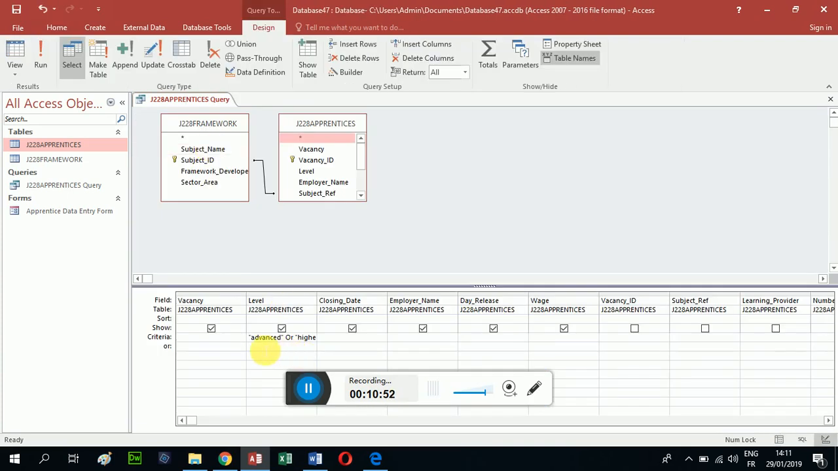Okay, and now if I go back into Design View, look what happens. All right, I just typed in advanced or higher, and Access, once I ran the query, because it knows that I'm doing a query, automatically put in these quotation marks and changed the OR to a capital O-R, okay? So I didn't have to do anything, all right? The other thing